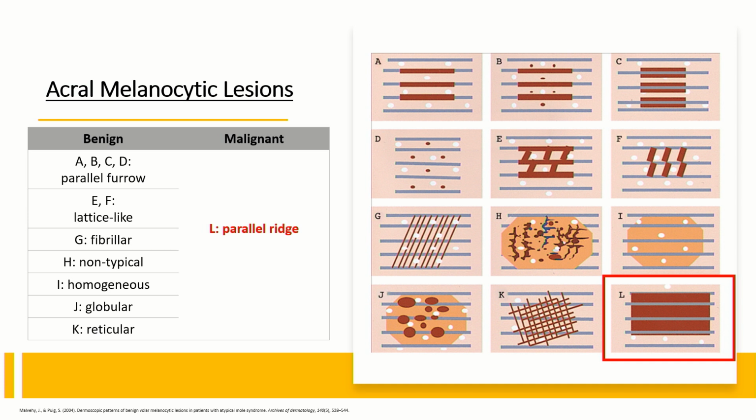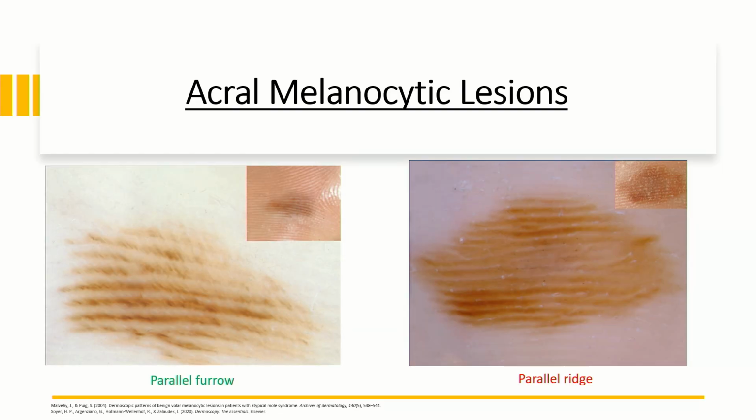But the way you note the difference is in the furrow. Do you see these white dots over here? That's the follicles. With the furrow, it doesn't cover the white dots. Whereas the ridge, because it's a lot thicker, it will cover those white dots. So when we look at the real life picture,